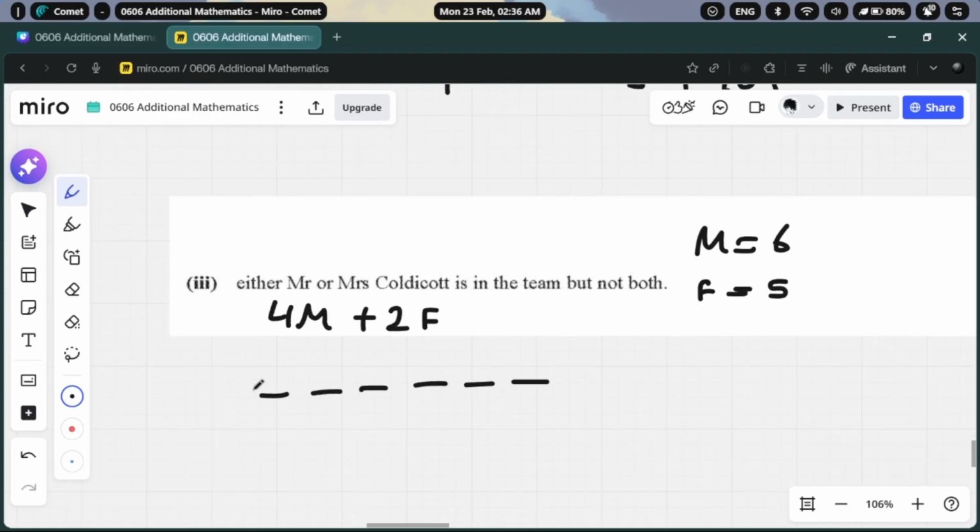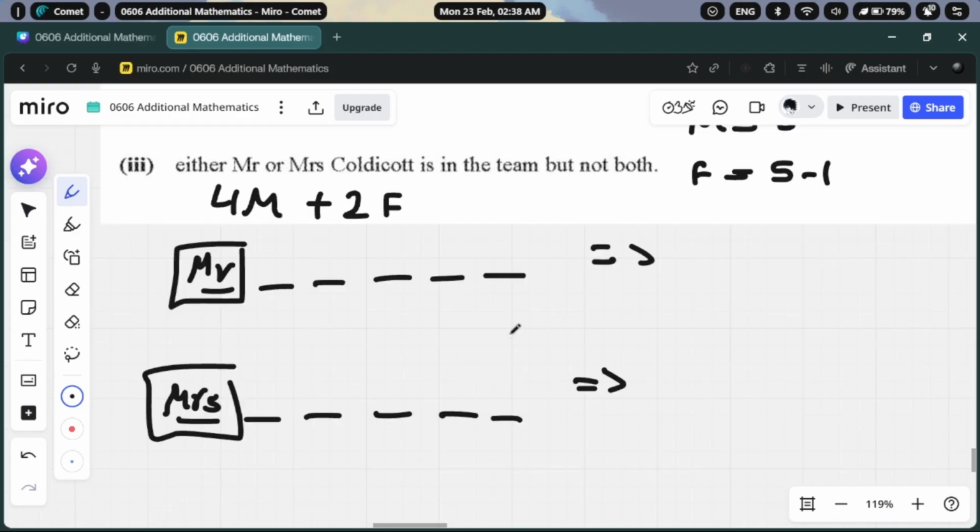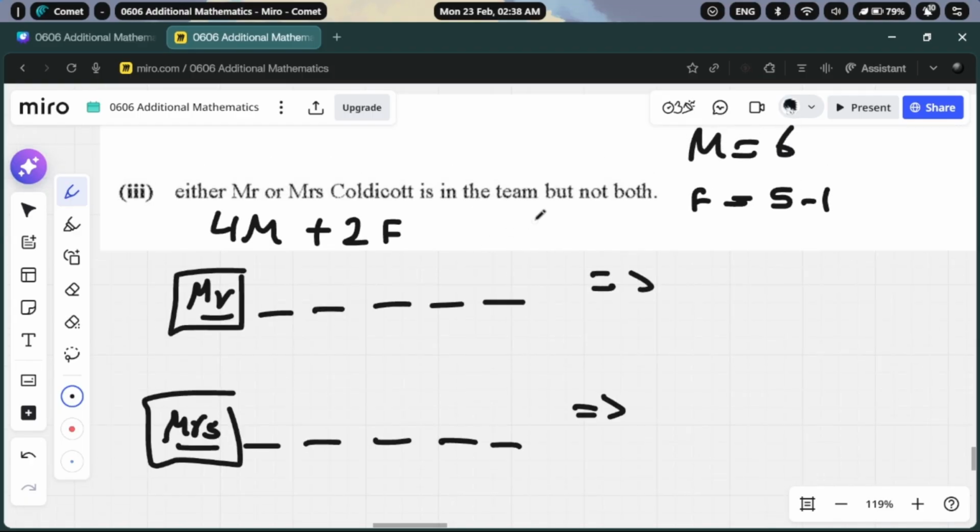Now, in the case where you select Mr. Goldicott, you have to just select 3 more males, and you do -1 because you already selected a male. Now, another thing to keep in mind is that both of them cannot be in the same